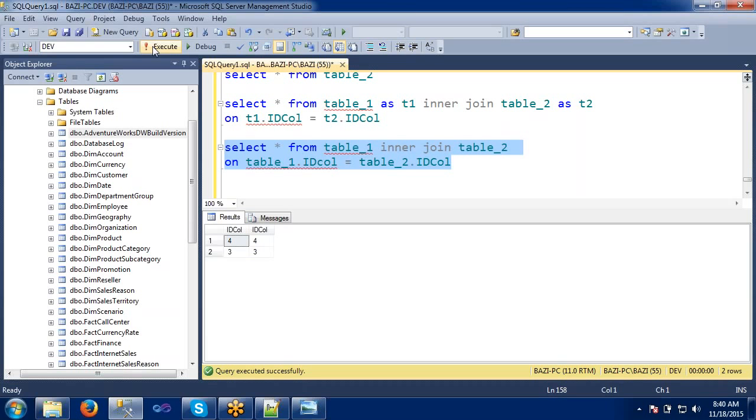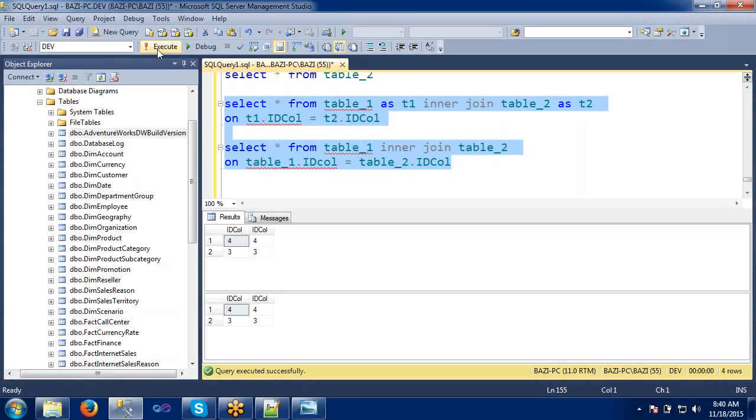Let's understand that in order to avoid writing this table 1 many times, we are just using a small word. So we are giving some alias name, a small word, to simplify the query. In future, if you have a very big query and the table name is very big, simply call it as a T1 or P1 or T2, depending on the requirement. This is how we need to execute.